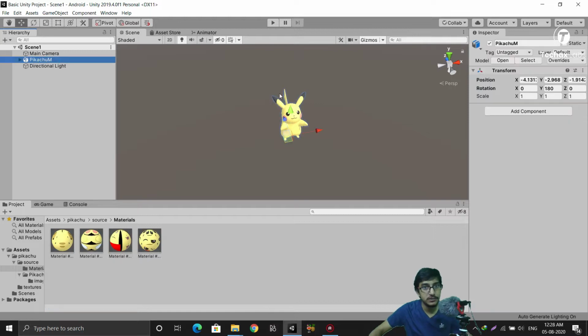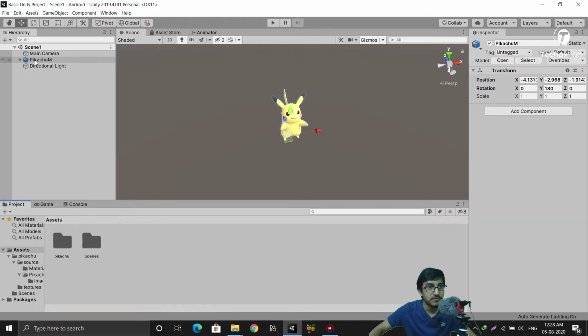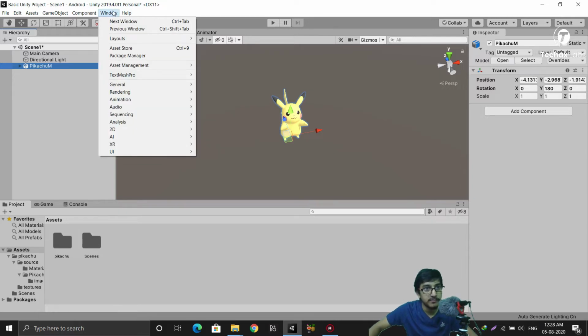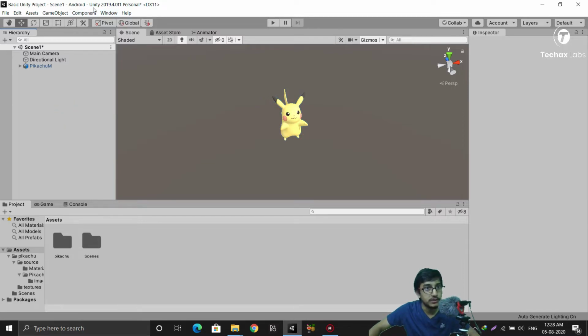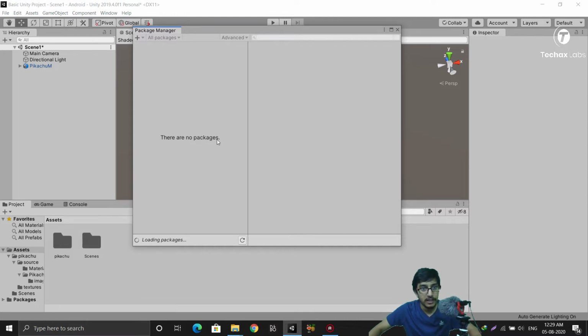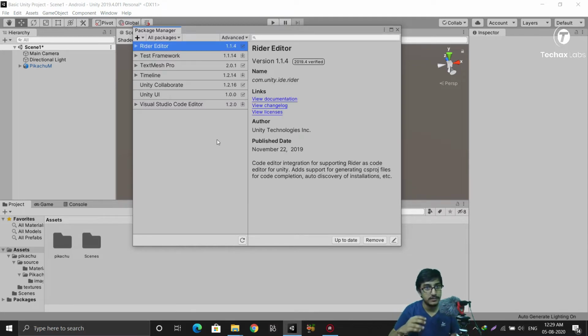And if you want to use this in AR, what you have to do, simply import the Vuforia package. You can see I was not able to share this on the day 1, so here I am showing you. From window, select package manager, and as so many people were telling that they were not able to see any of the package, I will tell you how to fix this.